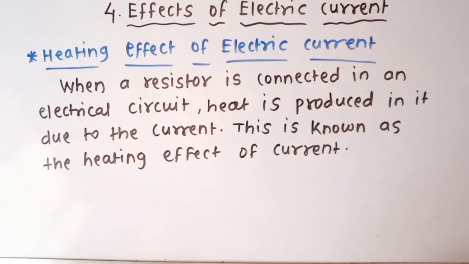So electrical conductors having higher resistivity are used here. For example, a coil made up of an alloy nichrome is used in the electric heater and cooker as a resistor, while a tungsten wire is used in an electric bulb. Because of the current, this wire gets heated up to 3400 degrees Celsius and emits light. A hot wire also radiates heat to a certain extent.